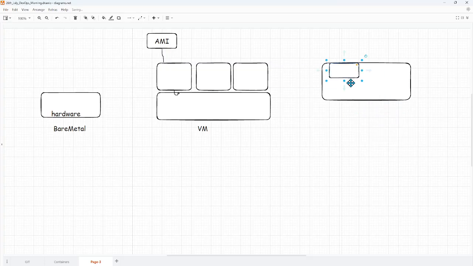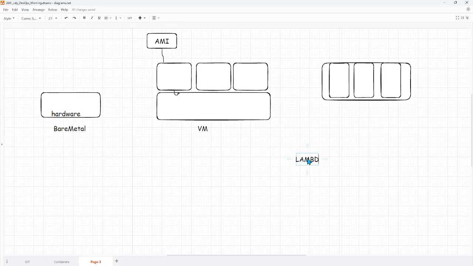So I am further better utilizing my VM. Instead of running one application, I can containerize it and run multiple applications. I would say it's a better utilization, but you will get your answer when we talk about monolith and microservice approach, why we containerize an application, what the benefits and use cases for containerization are. That we will understand. There is another option to run your application, something known as function or lambda.